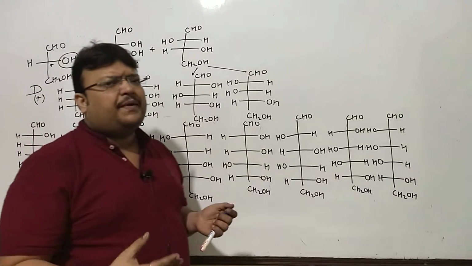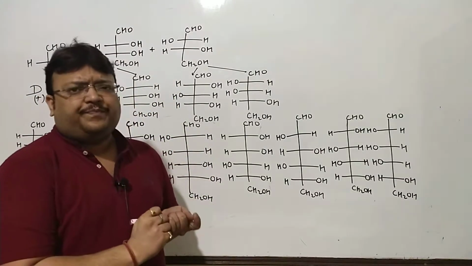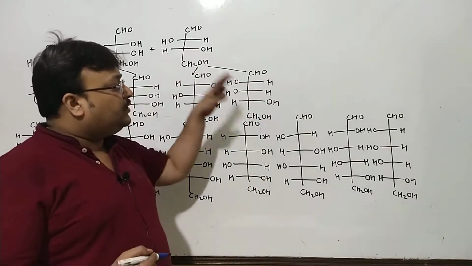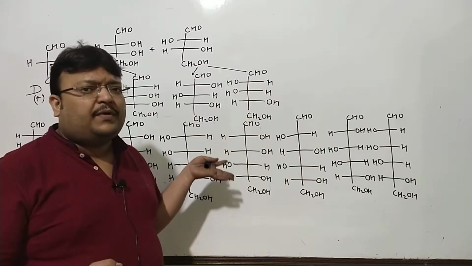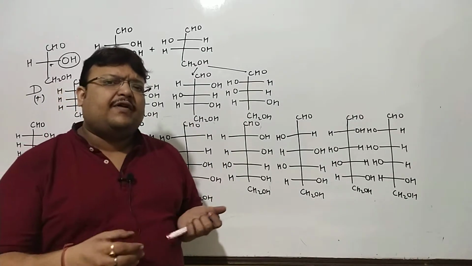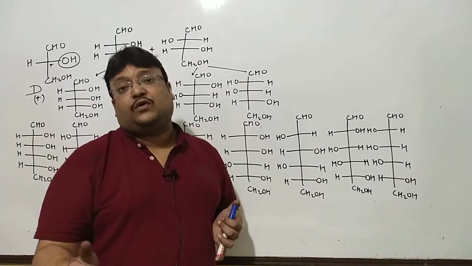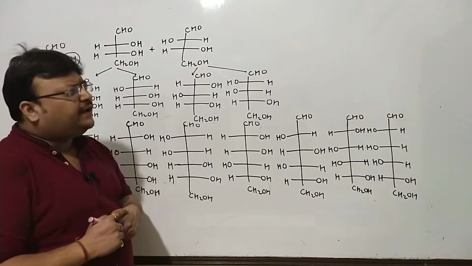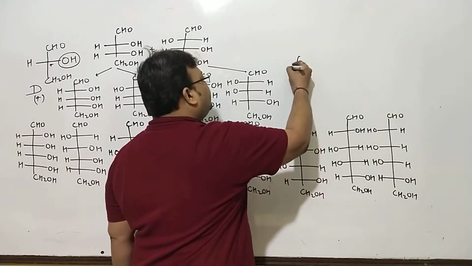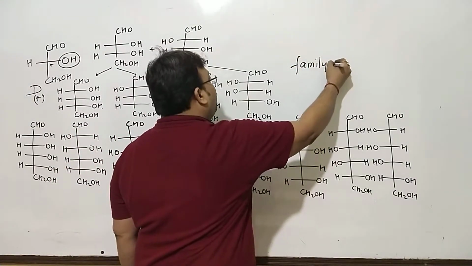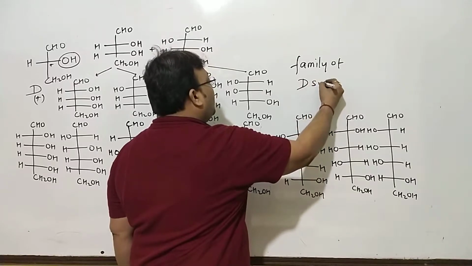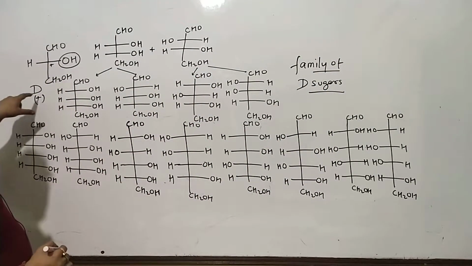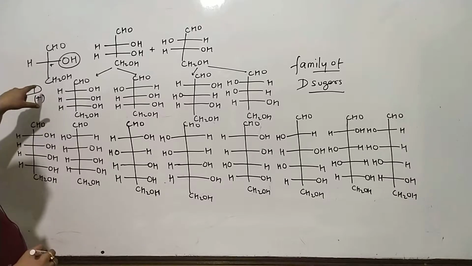Now, because it's such a common confusion, I want to put an end to it right now. Although these are aldohexoses I am talking about, so many of them would be levorotatory in nature. A very popular ketohexose, fructose, is also levorotatory in nature. So going back to the family of D sugars, you call it the family of capital D sugars because we begin with a capital D sugar, D plus glyceraldehyde.